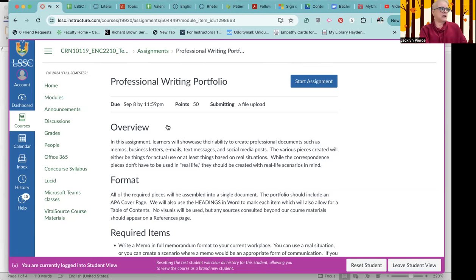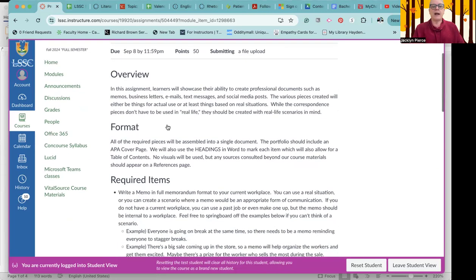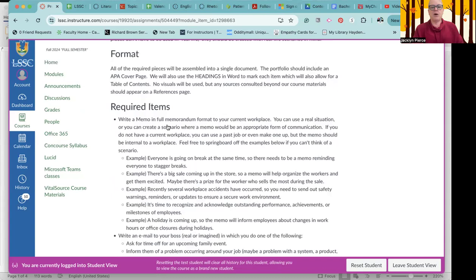And like we talked about last week, I do want you to use headings in Word so that each item will, you'll be able to create a table of contents. And I'm going to give you a document that already has that set up and show you kind of how to do it. Okay. So required items, you are going to have a memo in full memorandum format